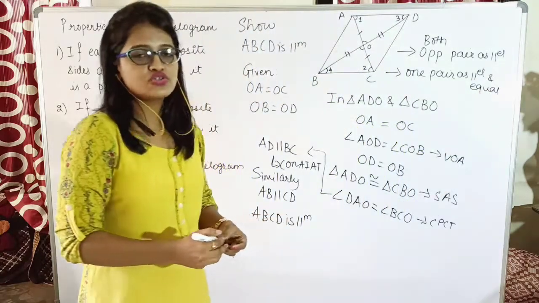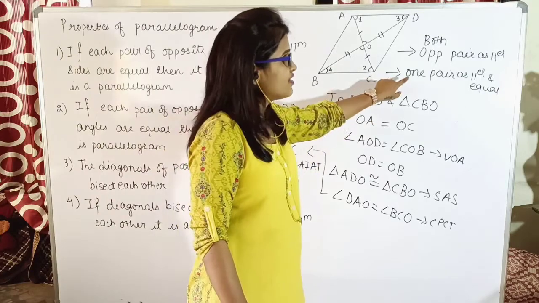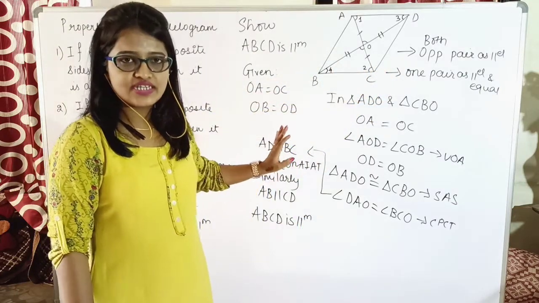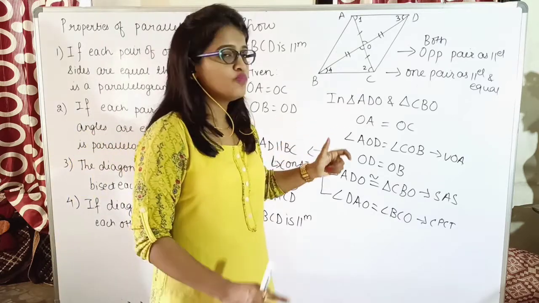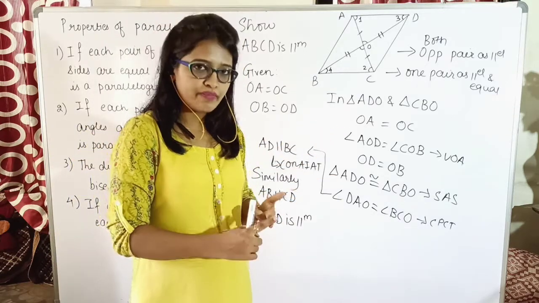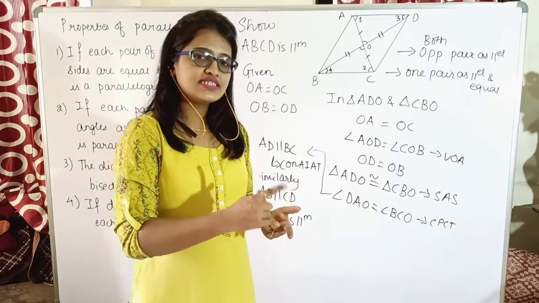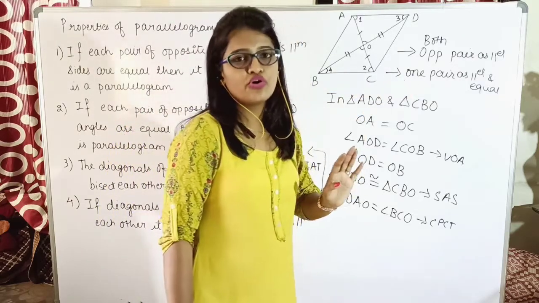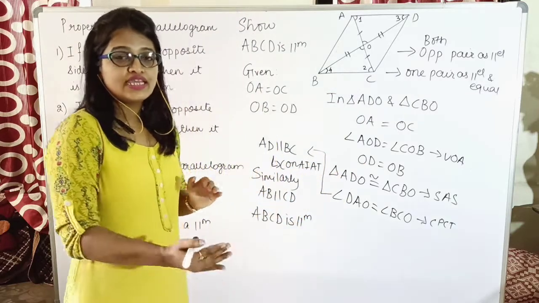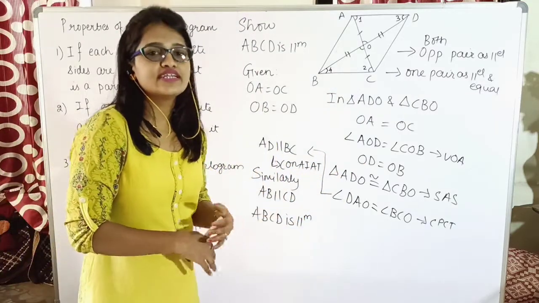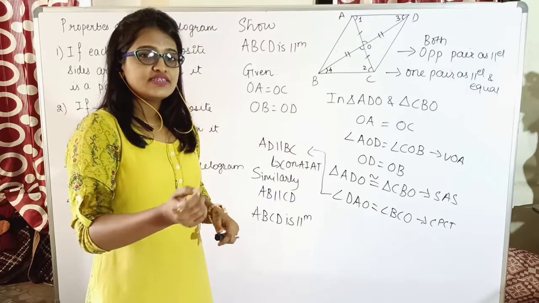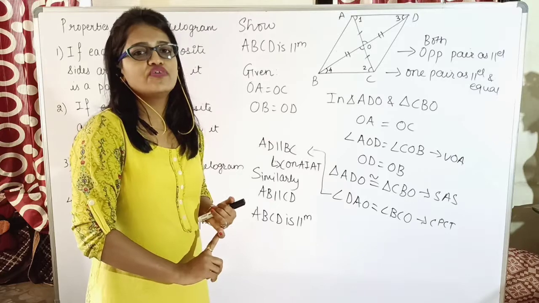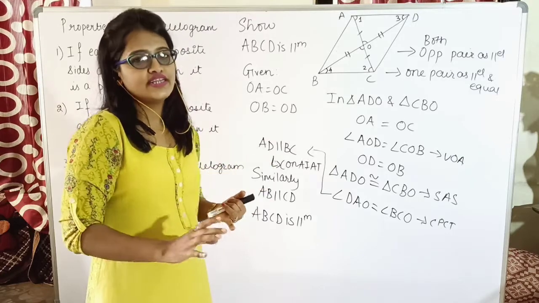So in this case also I can say that the respective quadrilateral is a parallelogram. If I show both pairs as parallel, directly we can say it is a parallelogram. But if I cannot show both pairs as parallel, but I can show one pair is parallel and along with that the same pair is equal also, then I can say that the respective quadrilateral is a parallelogram. Okay, in the question if they ask you to show that it is a rectangle, first of all you have to show it is a parallelogram, and then the second thing you have to show is that one of the angles is 90 degrees.